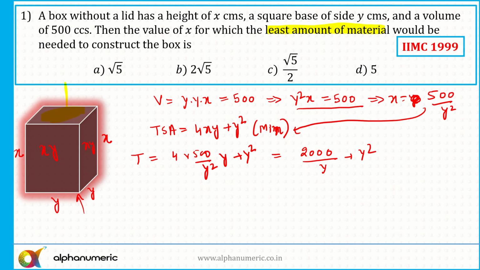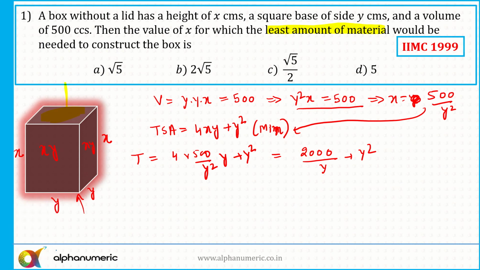Now, there are two different ways to solve this. If I need to minimize here, one of the ways is differentiation. But remember, CAT doesn't expect you to know differentiation, so try to solve this question without differentiation. Most engineers are comfortable with differentiation, so definitely you can use it. So I'll use both methods: one without differentiation and one with differentiation. How can we solve it here? Just see how we can solve it.